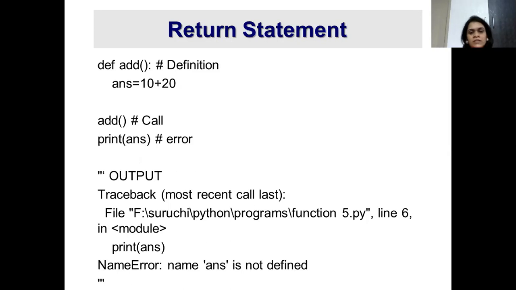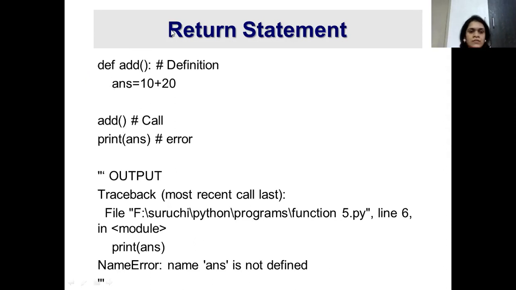Now with functions, there is one more important concept of return statements. Let us go through this function. There is a function called add, which adds two numbers, 10 plus 20. So the variable answer will have the value 30 stored.